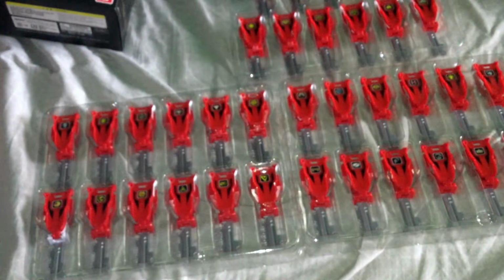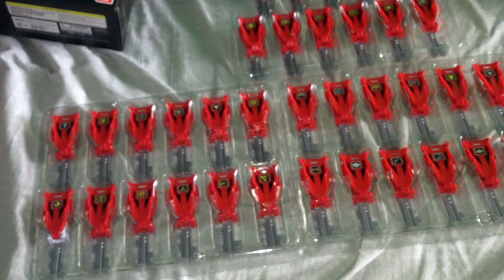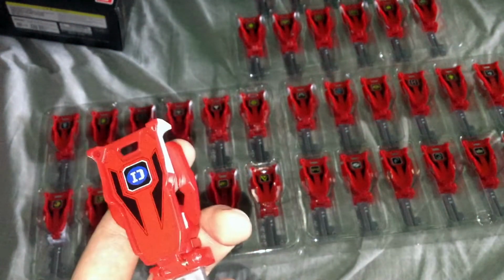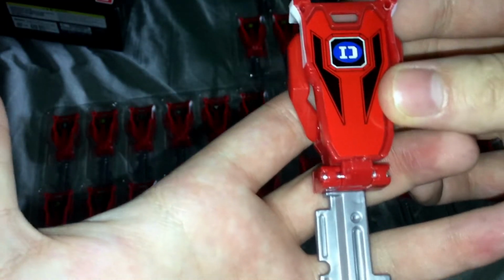So yeah, I'm skipping over the noise it makes when it's supposed to be for the transformation, because there's only like 1 or 2, maybe 3 noises it makes total, and I don't care to just let that play. I watched Tokutopic's video on it, and I'm just like, bro, you can easily just skip over that. But whatever. So we have Red Ranger from Dynaman,